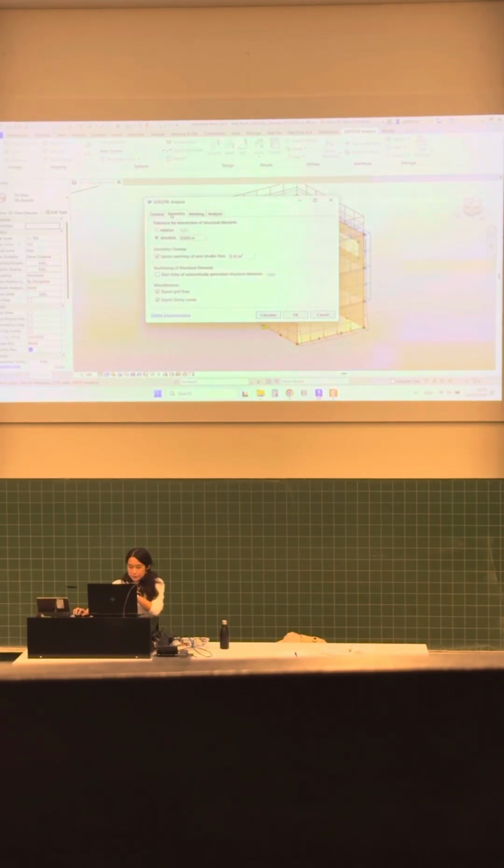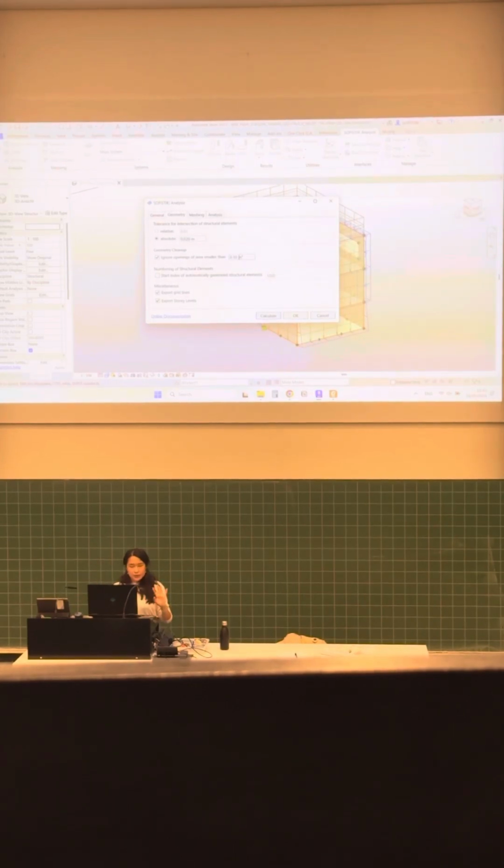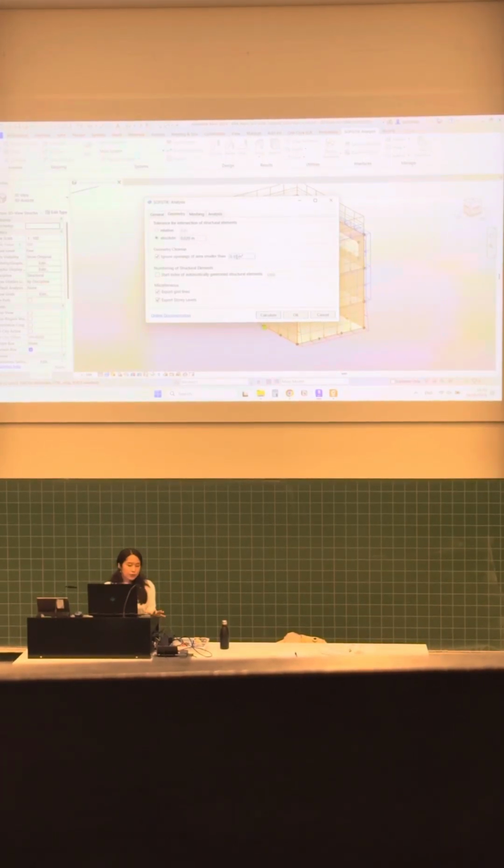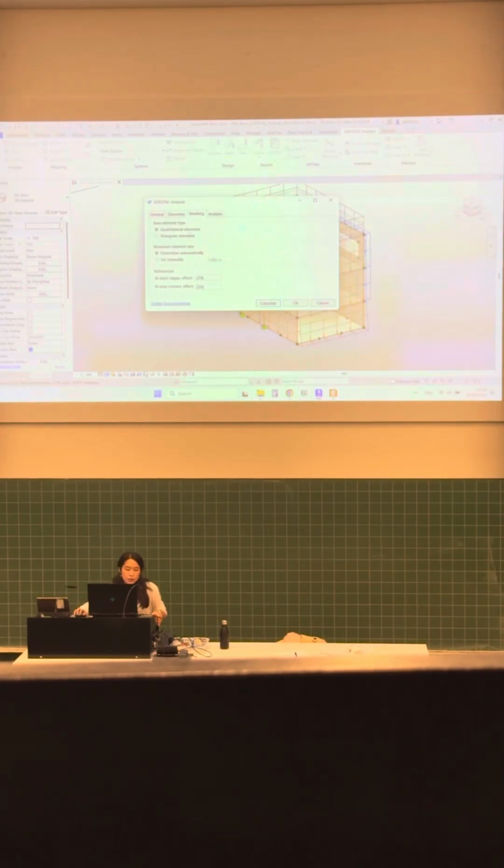The geometry. If there are weird things that are smaller than 0.1 square meters, they will be omitted. The same goes for meshing. If you would like to use triangular or quadrilateral elements, please refer here. And again, the refinement at edges is all in here. So we click calculate